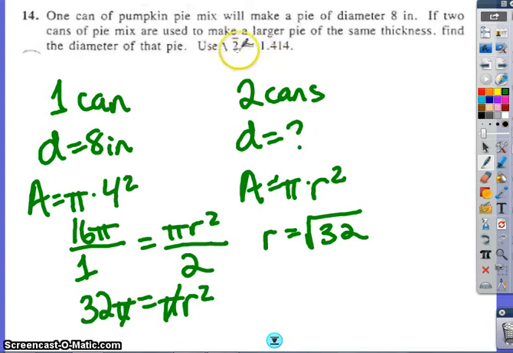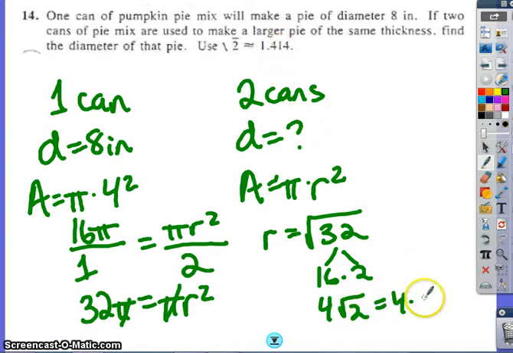But if we look back here, it said root 2 is approximately 1.414. We want to use that. So somehow our root 2 should come out of this. If I simplify this, this is a 16 times a 2. The square root of 16 is 4. We don't know the square root of 2. Okay, so now this is 4 times what they gave us up here, 1.414. If we multiply that out, we get an answer of